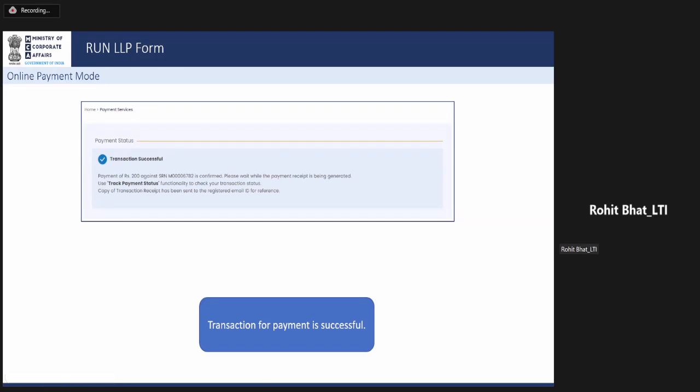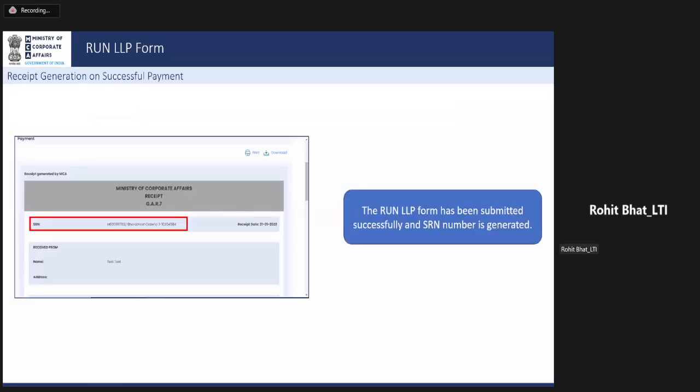Here, there is one catch: we need to make sure that our pop-ups are enabled. In case our pop-ups are not enabled, we'll not be able to get our challan generated. So if our pop-ups are enabled, in the second screen, we'll be able to see our challan gets generated. This is the challan,